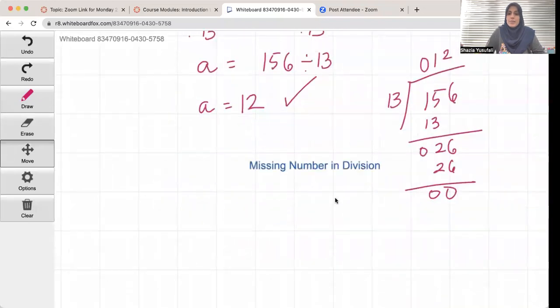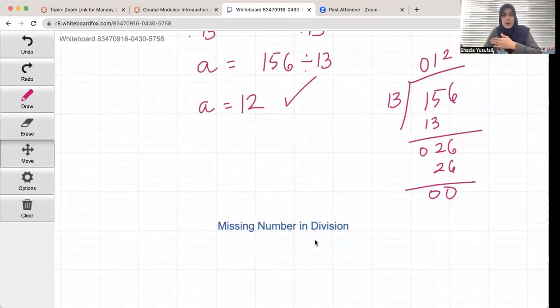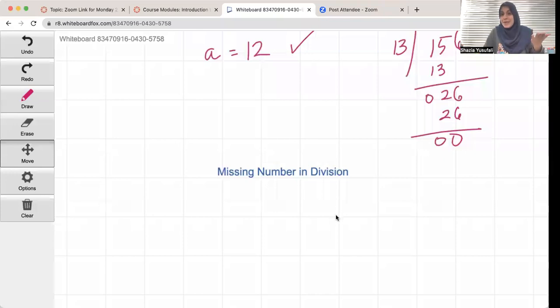So missing number in multiplication was really easy. We could do it, right? Just do the opposite. With missing number in division, once again, like subtraction, things are not as easy or as simple. We've got to do a few more steps. And it's good, it gets our math brain going. So if I were to say